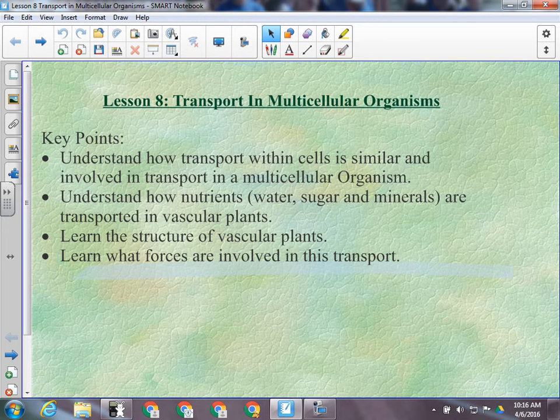Yesterday we talked about multicellularity, and that you have to have specialization in order to be a true multicellular organism. Right? And we looked at the plant as an example of that. We looked at all the layers of the leaf. Okay? We looked at how they each have a different job, how the cells on the top and bottom are